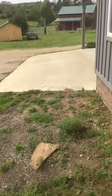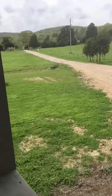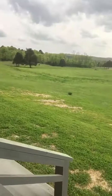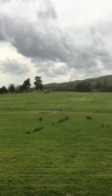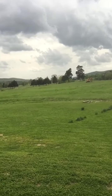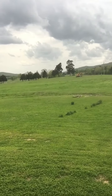All right, I'm turning this around. All right, so down here, I know it's embarrassing, it's such a mess. We're going to build raised beds all around here and down here and down on the other side. And so that is what we're going to do on both sides of the house, and we're going to be planting vegetables. Down there where you see the track hoe, we used to have a trailer on this property when we purchased the house, or a mobile home. It was in really bad shape. It had mold. We sold it and had it moved. We're going to build a little 500 or 600 square foot cabin right there, which we're going to rent to